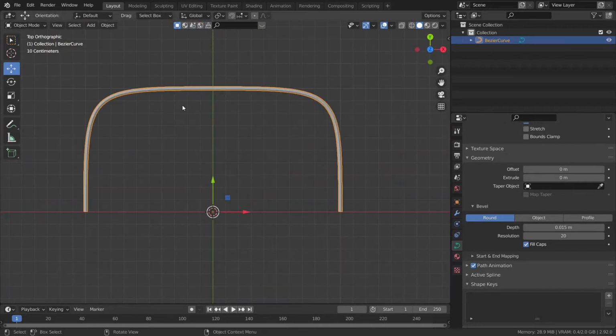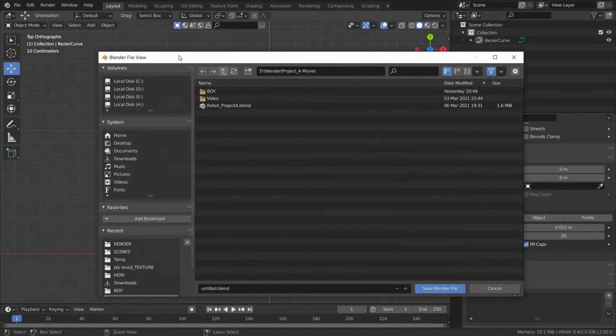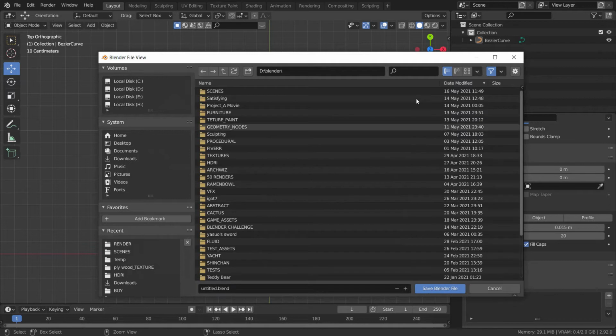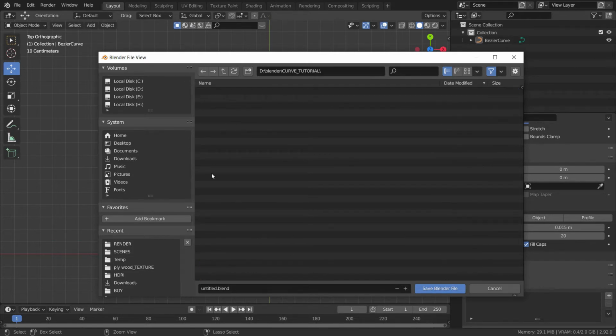So now let's go on the top view, and let's save our project now, because it's too late. We will save it in my tutorial scene. Let's name it curve tutorial, and then let's name our file tut1.